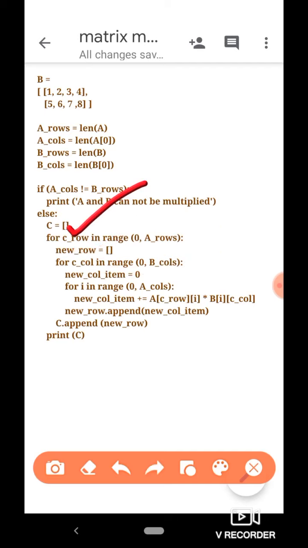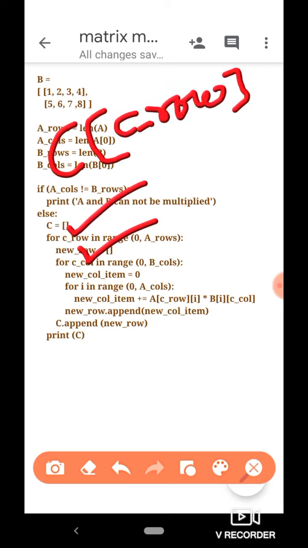Now we come to how to actually compute an individual item at a particular row and a particular column. Remember we are at c_row and c_col in matrix C, and now we want to compute the item at that index. We want to compute the item at C[c_row][c_col], because we are in a loop, and the c_row and c_col values will cover all the possible rows and all the possible columns.